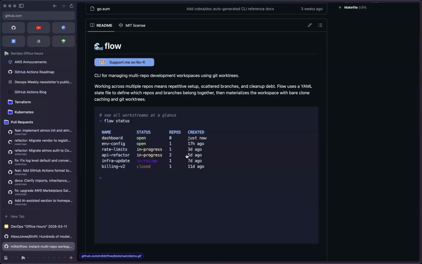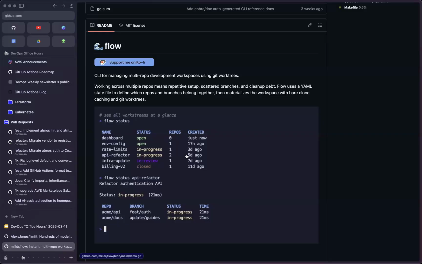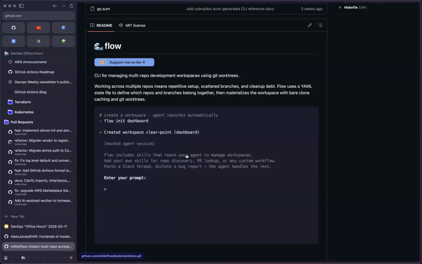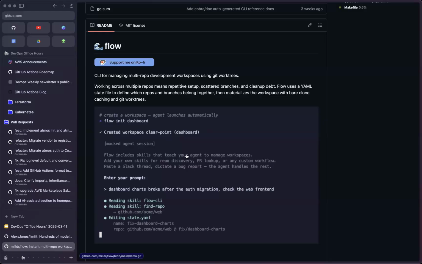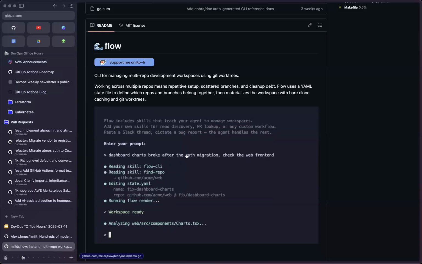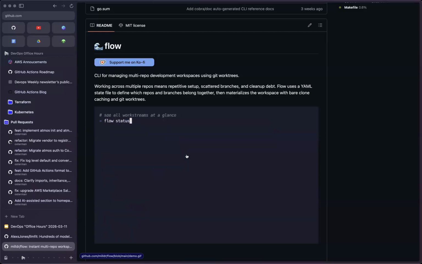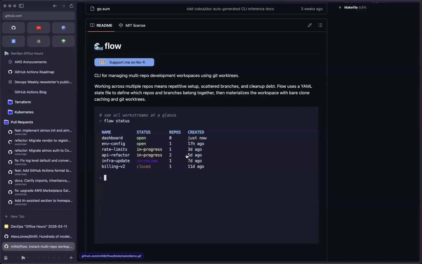Yeah. So this comes from two places. First, it comes from the idea that I was working across many repos frequently, and I had created a Claude skill that would automatically check out the Git trees that I needed. But it was becoming really repetitive, and the skill was being interpreted in different ways and making mistakes, and I ended up with a ton of different Git repos cloned in different locations in many different folders when I was trying to do things in parallel.